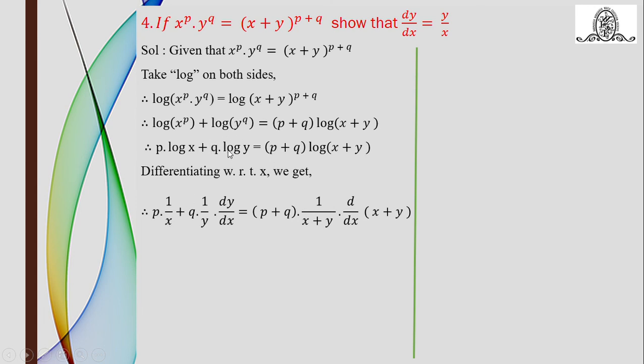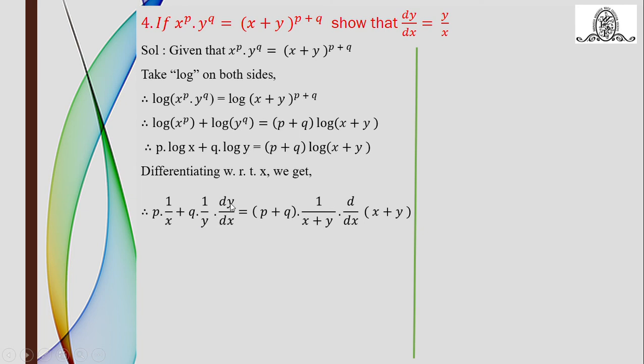Now this is a function of y, students. It is log y. We are differentiating with respect to x, so be careful here. We have to write the derivative of log first. The derivative of log is 1 upon that respective term, y as it is. So 1 upon y is the derivative of log, and it is multiplied by the derivative of y, which is expected to be written separately.